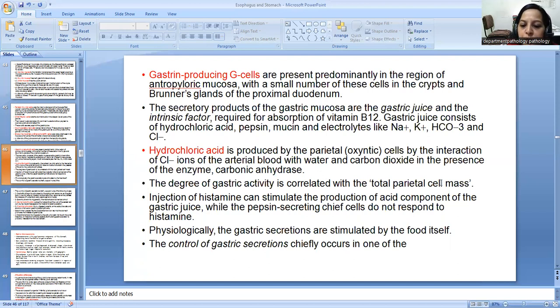HCl is produced by the parietal oxyntic cells and by the interaction of chloride ions of the arterial blood with water and carbon dioxide. The degree of gastric activity is correlated with the total parietal cell mass. Physiologically, the gastric secretions are stimulated by the food itself. The control of gastric secretions